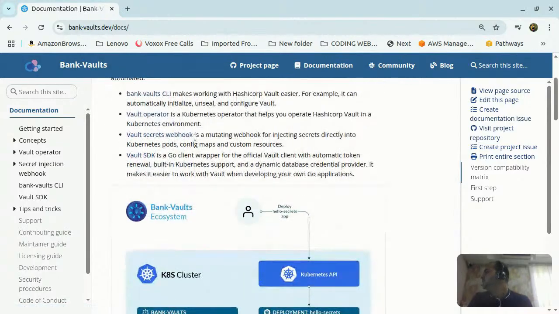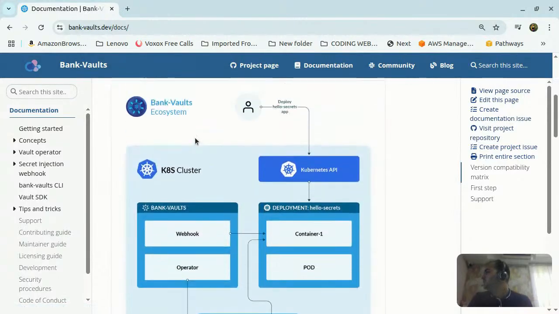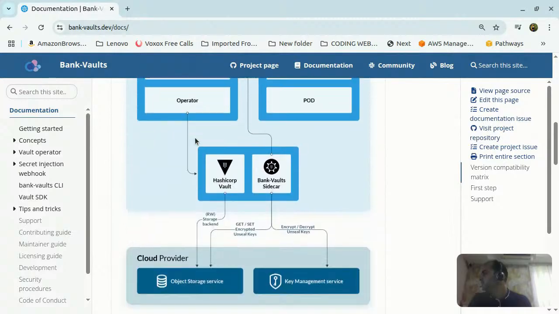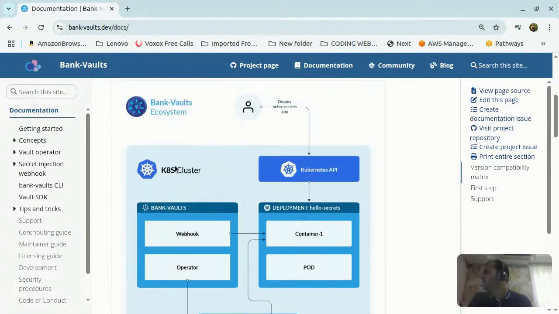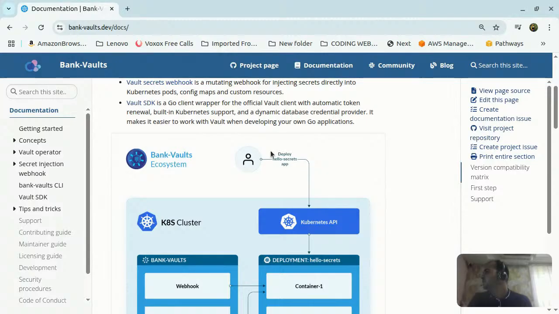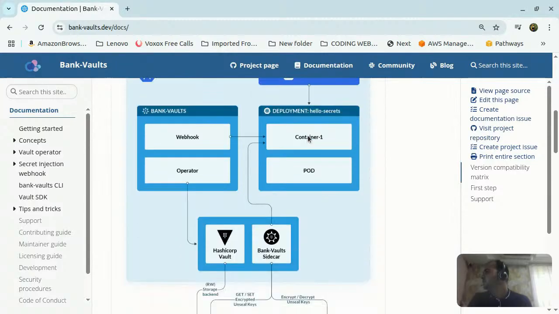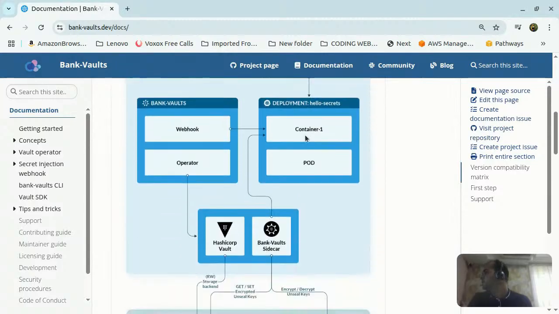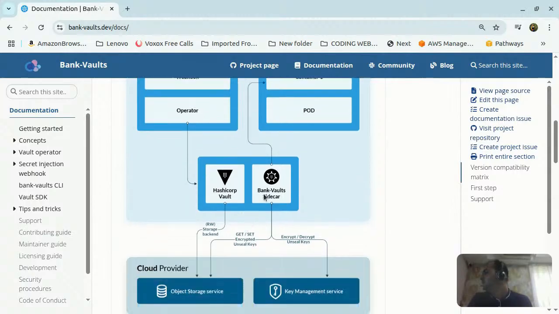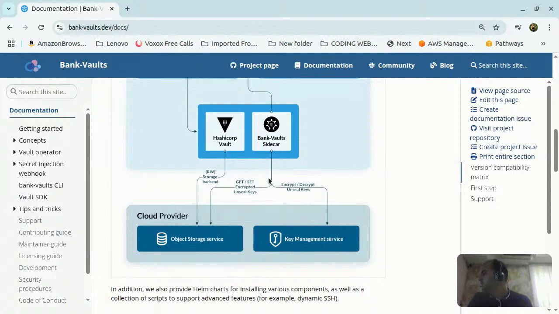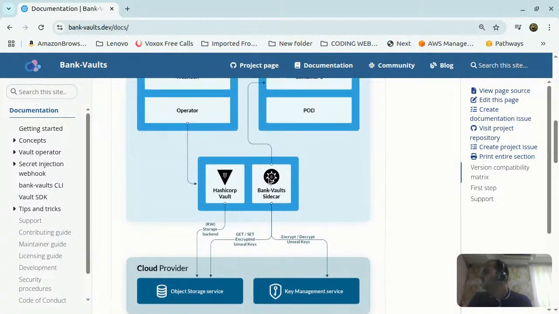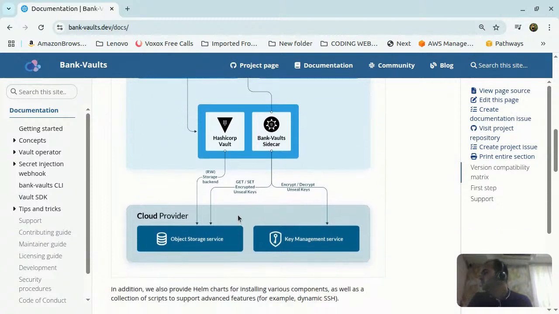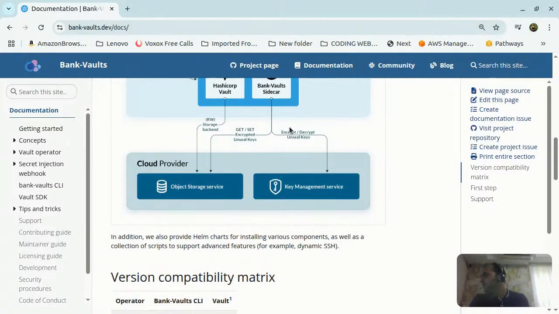Let's go through this diagram and see what it says. So we have a Kubernetes cluster here. When a user deploys a pod through the Kubernetes API, the Vault operator will have a HashiCorp Vault and a Bank Vaults sidecar. Cool. From the diagram, what I see is